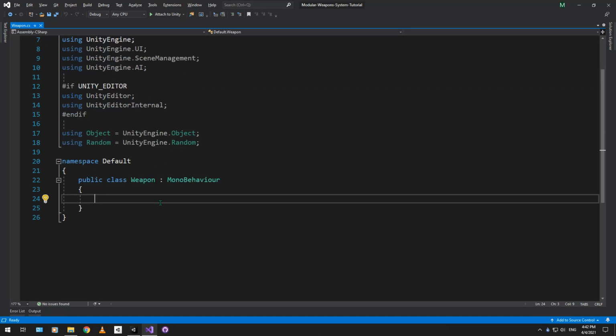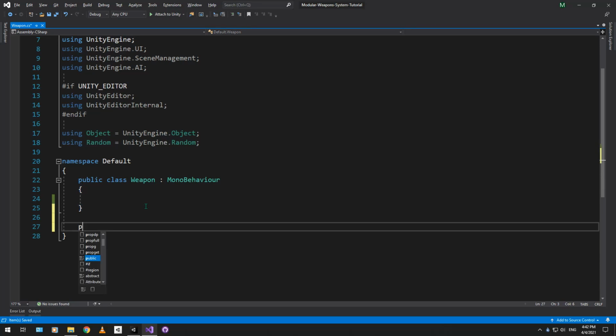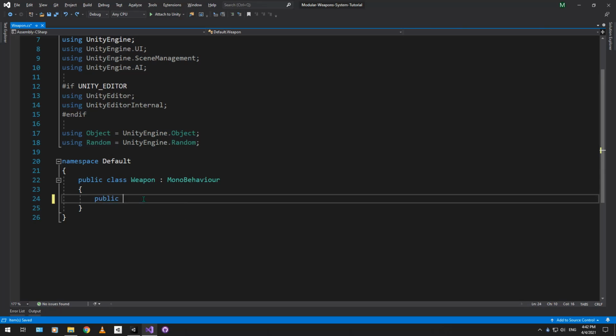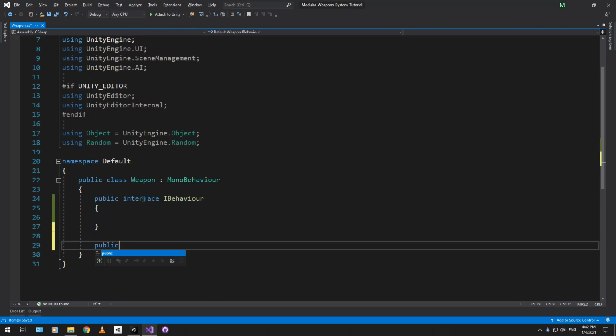So we're gonna start this right away by basically creating our module. The idea here is that we want a system that can give us a lot of functionality, but it can be easily extendable. So we're going to be using interfaces for two things here. Let's see. We're going to create, actually we can make it a nested sort of thing. We're going to create an interface and call it an iBehavior,